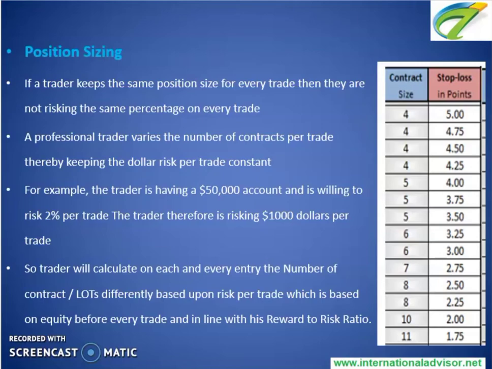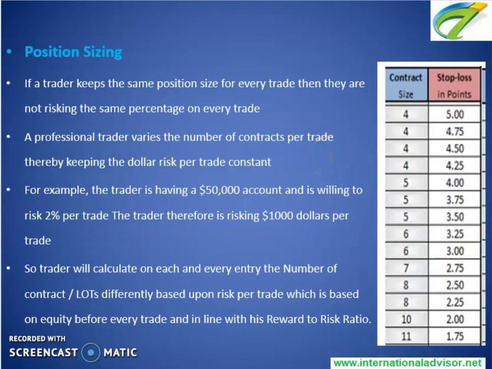So a trader will calculate on each and every entry the number of contracts or lots differently, based upon risk per trade, which is based on equity before every trade, and in line with the reward to risk ratio. Just for example, as you can see here, this example of mini S&P, where the risk at 2% of the $50,000 account is $1,000. So based upon it